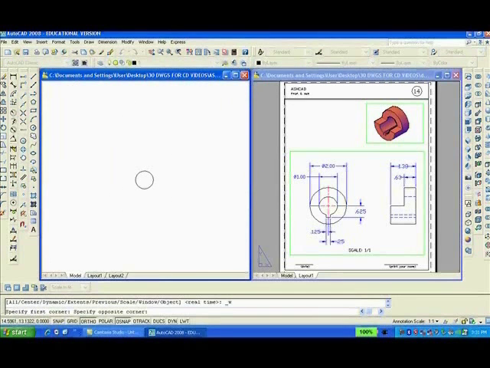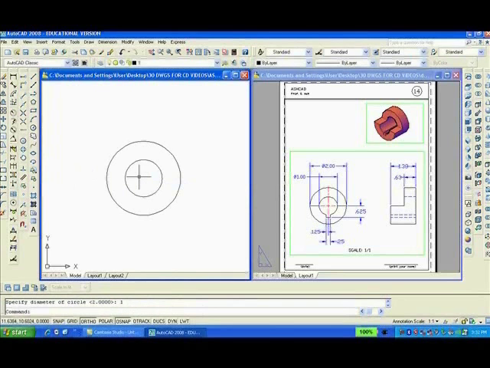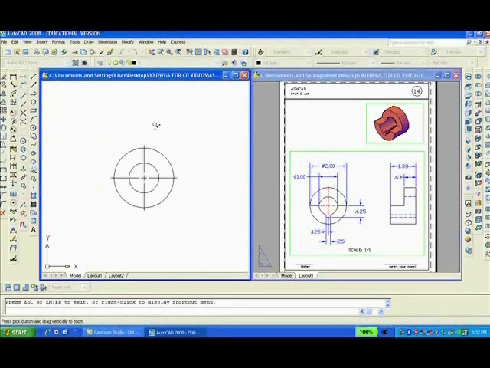I'll zoom in, C enter, I'll snap to the center, D enter, 1 enter. And now I'll go to the dimension toolbar and put in the center lines. And then I'll zoom it down a bit, pan over,